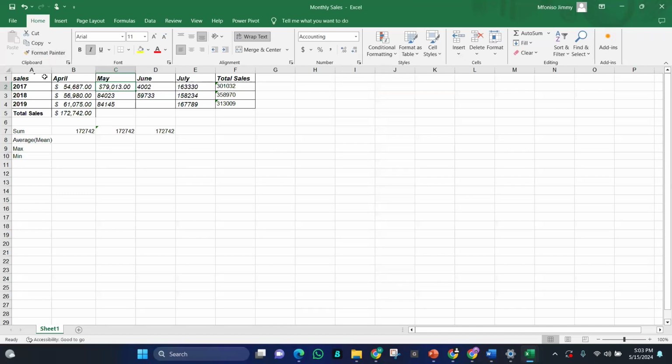What format painter does is, for example, I have added a dollar value to this value I've picked. Okay, I format it. Once I take it to another place, it will definitely add a dollar value to it. So what it does is copy the format I choose to the place I want it to replicate that exact format. I hope you understand.